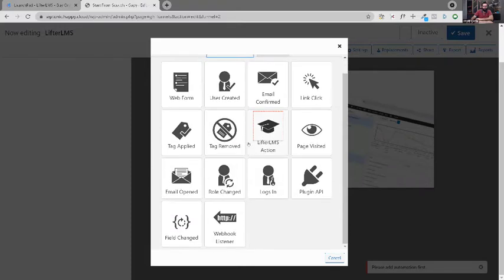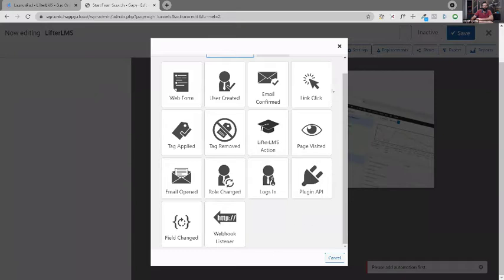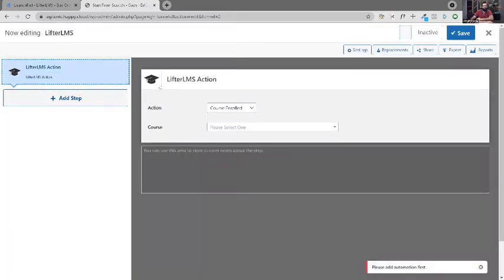So the one that we're going to be dealing with is LifterLMS Action, and you're going to see more benchmarks over here if you install more Groundhog integrations with other plugins. Like there are integrations for LearnDash, for different form plugins, Gravity Forms, Ninja Forms, Caldera Forms, WP Forms, and Fluent Forms, you name it. Yeah, a lot of other platforms, Easy Digital Downloads, WooCommerce subscriptions. So based on whatever you've got installed on your site and the integrations you've got installed, you're going to see